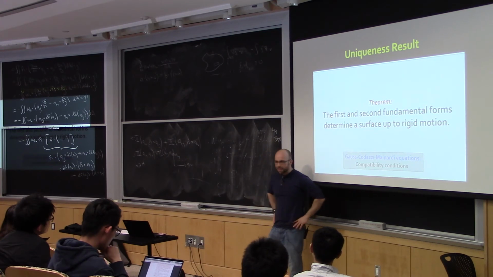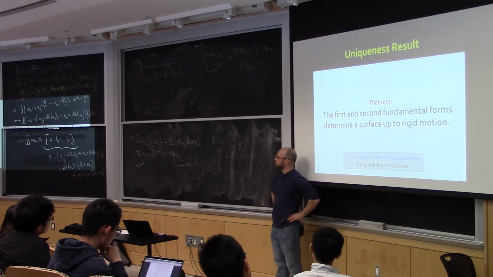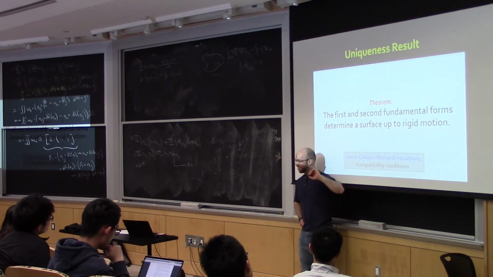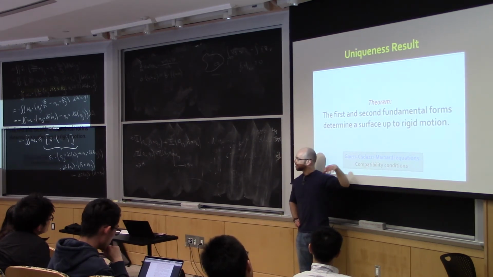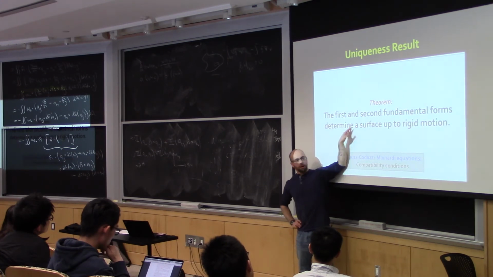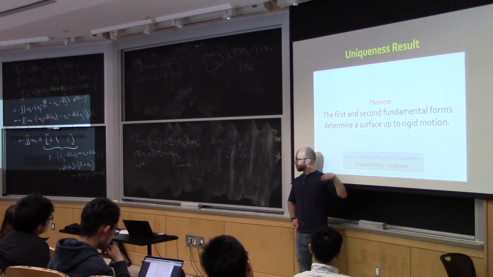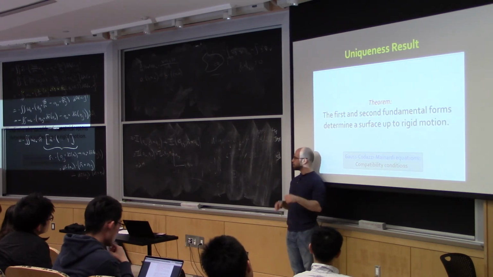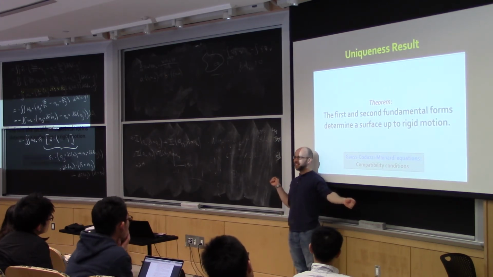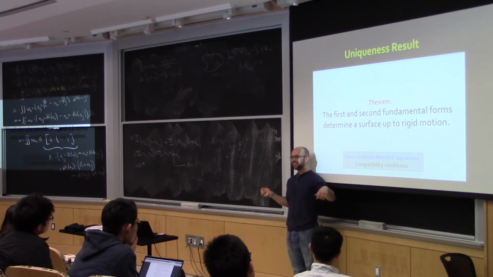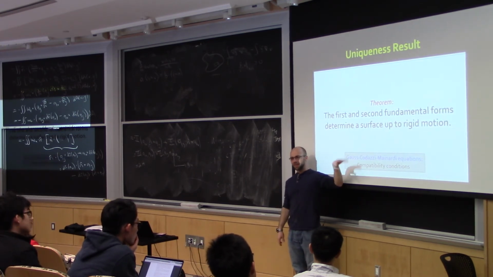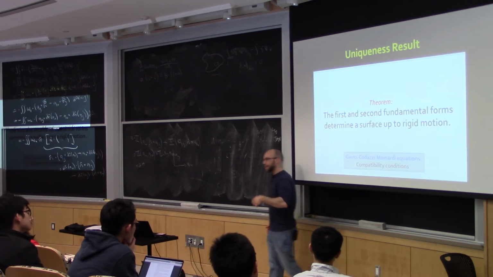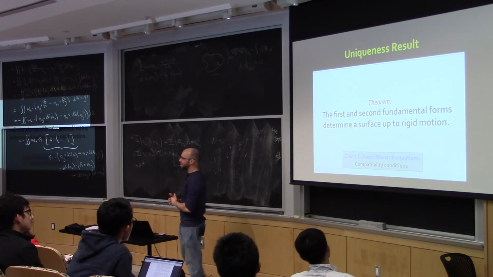The gotcha in this theory, and this is why this shows up at the end of your undergrad class if you take it, is that there's a set of equations called the Gauss-Codazzi-Mainardi equations, which says that not all fundamental forms can be used to make a surface. And this is the difference from the curve case. Remember, in the curve case we showed you can cook up any curvature and torsion function and then just cook up a curve with that curvature and torsion. This is saying that there's a certain compatibility condition you have to check before you can do that for surfaces. So anyway, we're not going to dwell on that. It's not terribly important for the applications that we care about.